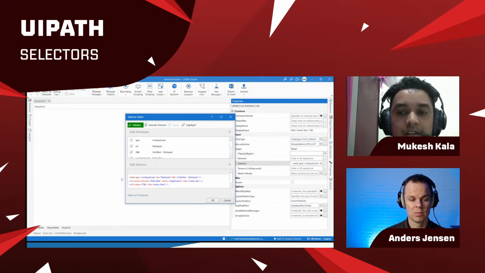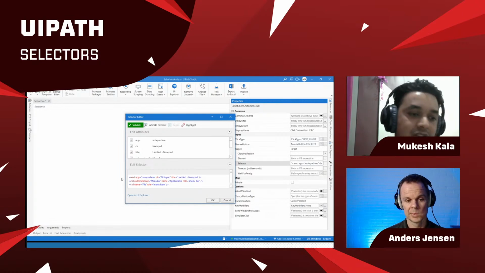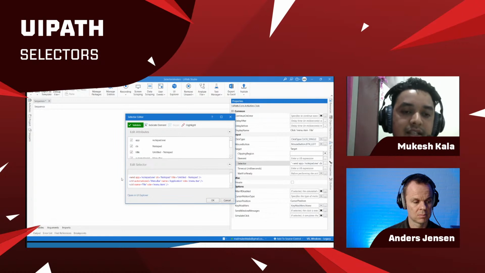If I use x and y coordinates, what would happen if my screen size increases? If the resolution of the screen increases, it breaks. If it decreases, it breaks too, right? You cannot work on x and y coordinates. So in the coming part, I'm going to show you how exactly selectors are made and what the